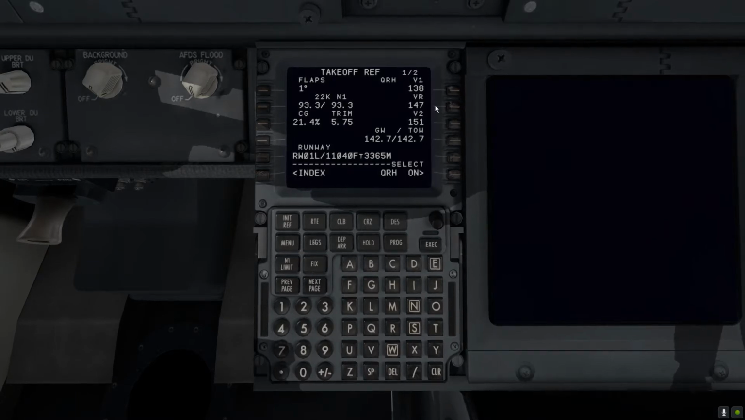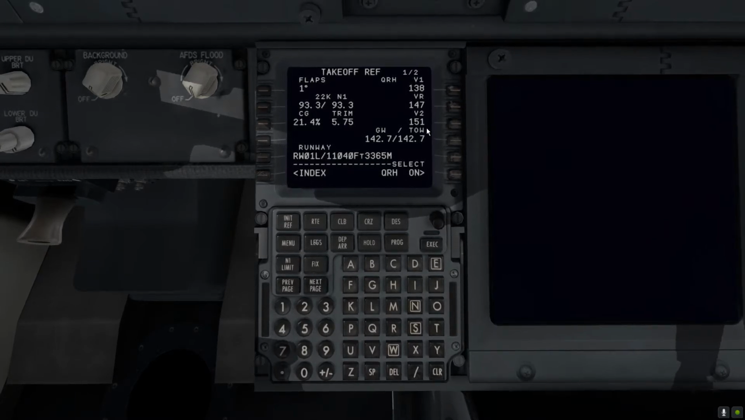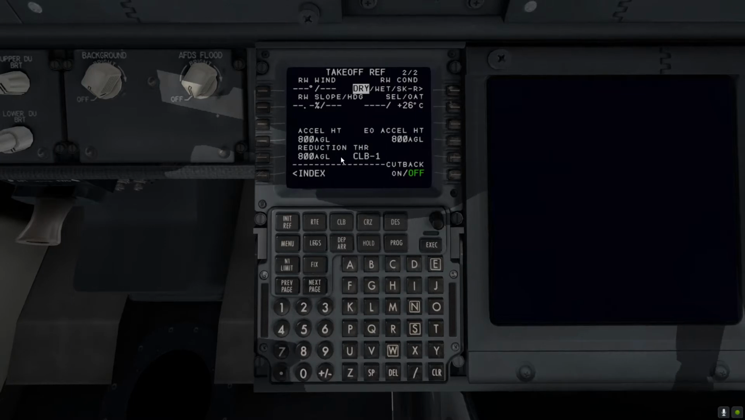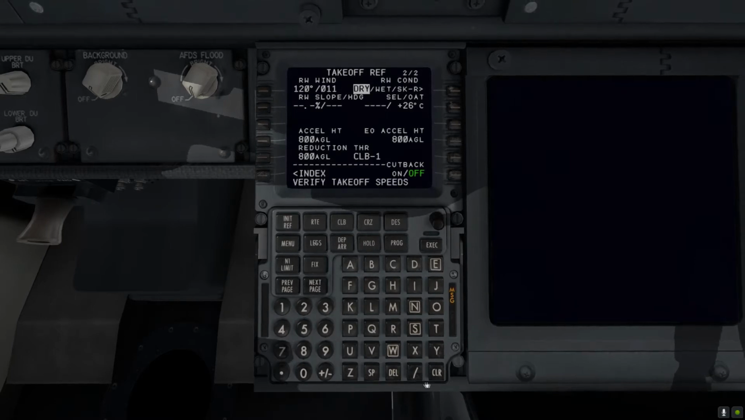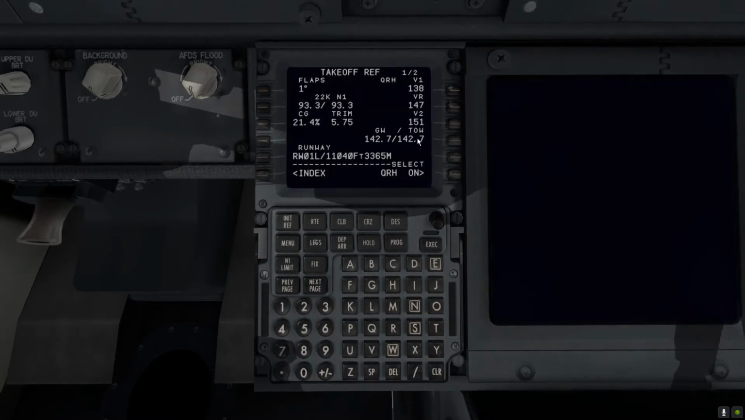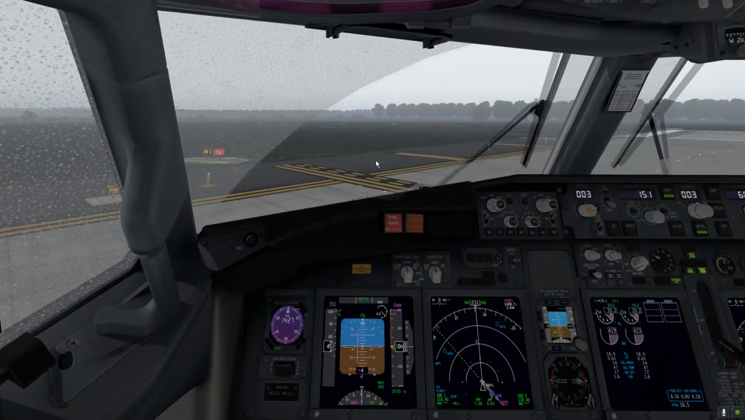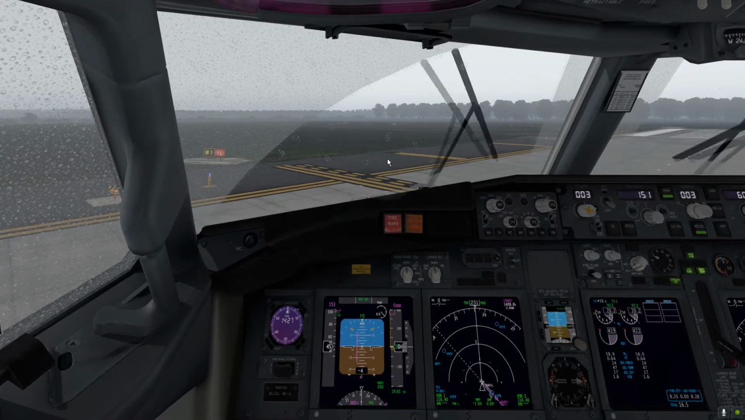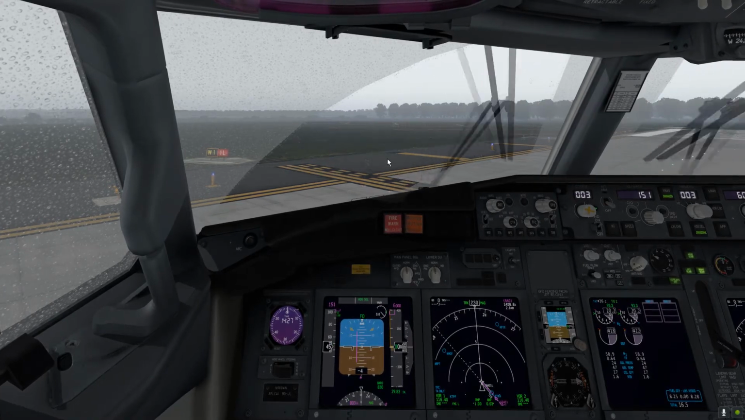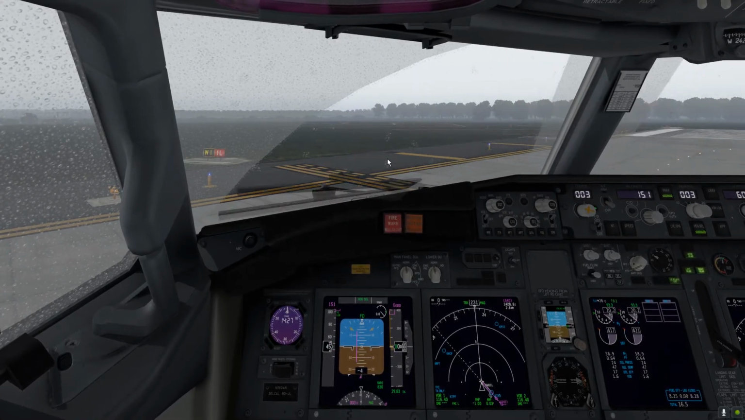138, 147, 151, and now we have some kind of wind like 120 at 11 knots. So very good. Of course this V1 takes into consideration the wet runway, but we are good to go runway 01 left anyway. Okay, so let's run through this